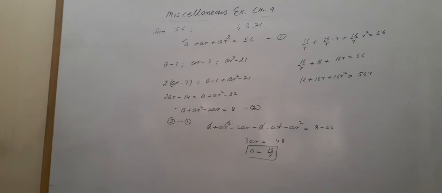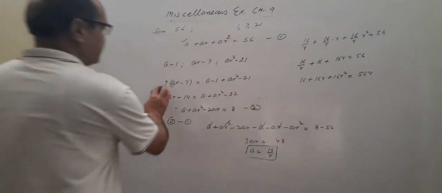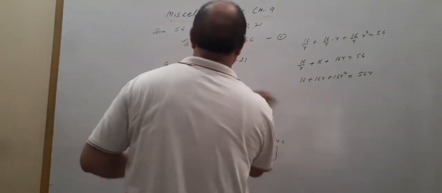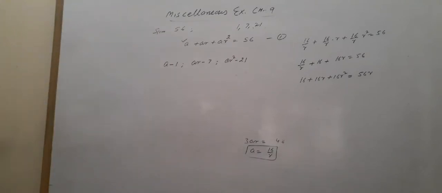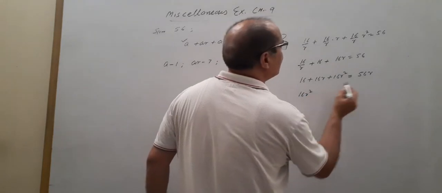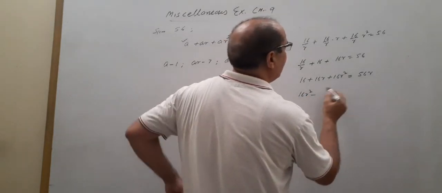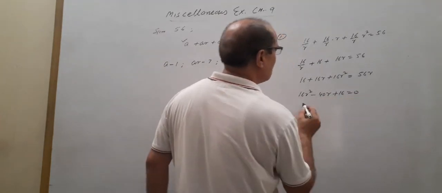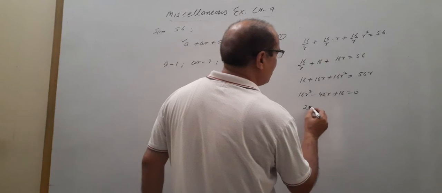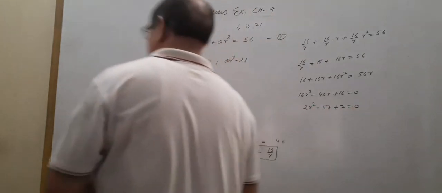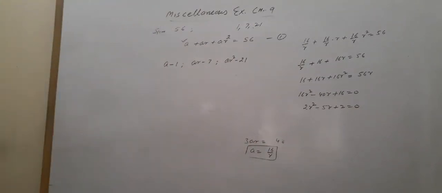Now after that, on simplification this can be written as, I am writing this here, A मेरे पास मिल गया है, इसको मैं सिंप्लीफाई कर रहा हूं, तो चेक करें, देखो कैसे, 16R square minus 40R plus 16 is equal to 0. By taking 8 outside common, 2R square minus 5R plus 2 is equal to 0. So this is the quadratic equation. Now you have to solve this quadratic equation properly.